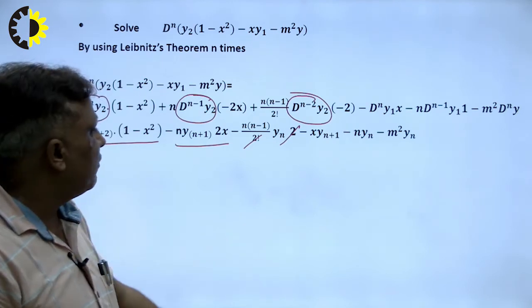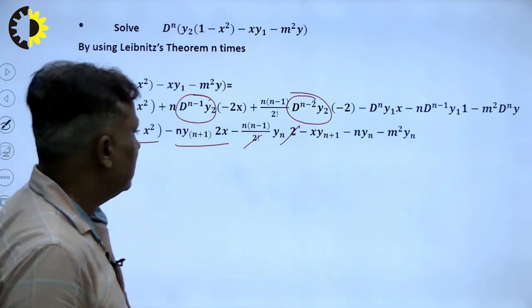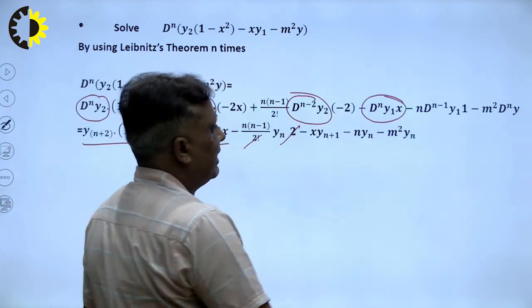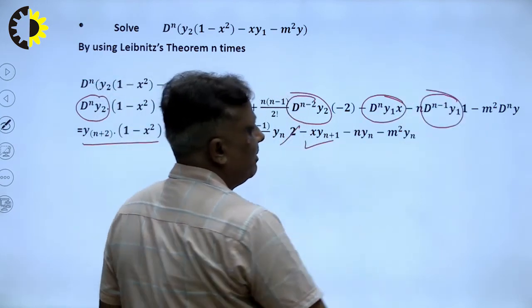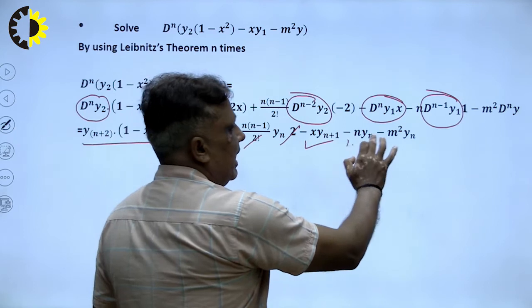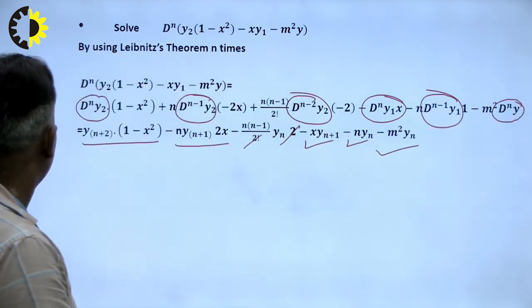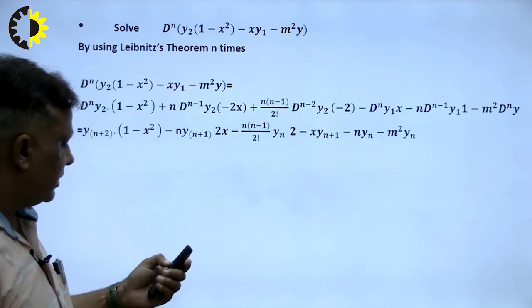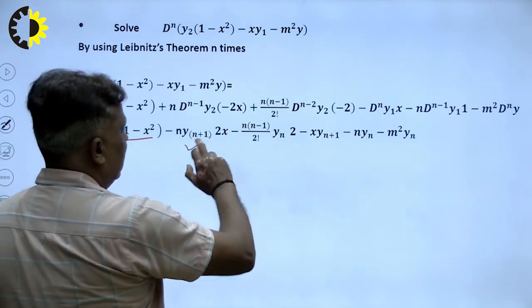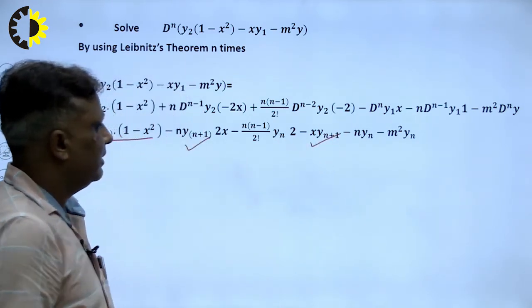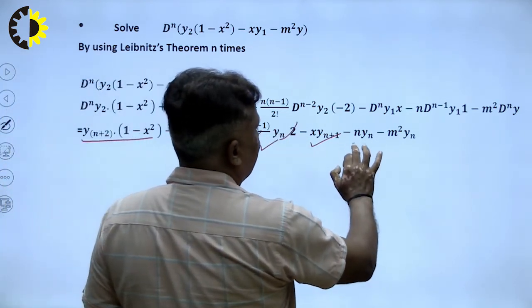In this way we can find each and every step very carefully and follow it in future, right? When we solve these terms, what will be the result? y n plus 1 and x I write here. What will be the result of these terms? The result will be yn into n I write here, and what is the result of this? yn I write here. Now the question is what are the like terms here? So y n plus 2 is alone, y n plus 1 appears once here and once here, so both are common, and 2 cancels out, yn is here, yn is here, and yn is here.